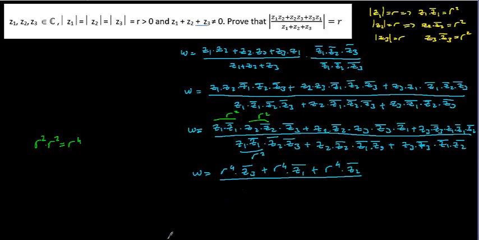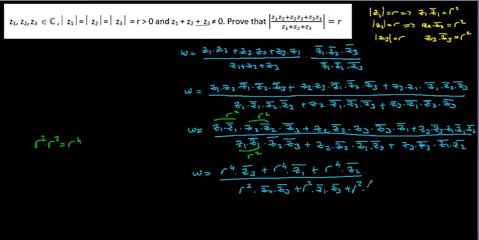This is going to be equal to. Firstly, I'm going to write this one more time with a different color. I don't want you to confuse the things while you're writing. Okay, then this is going to be r squared times Z2 conjugate times Z3 conjugate plus r squared times Z1 conjugate times Z3 conjugate plus r squared times, here it's going to be equal to what it is